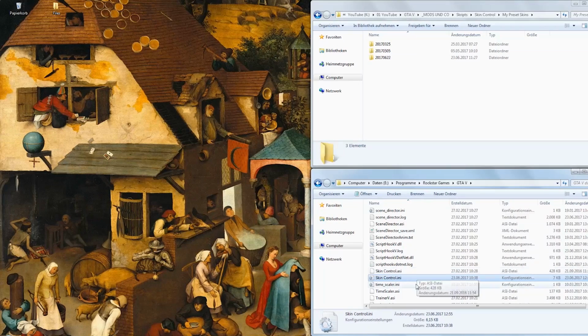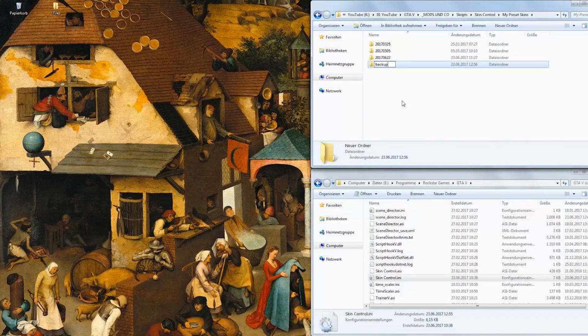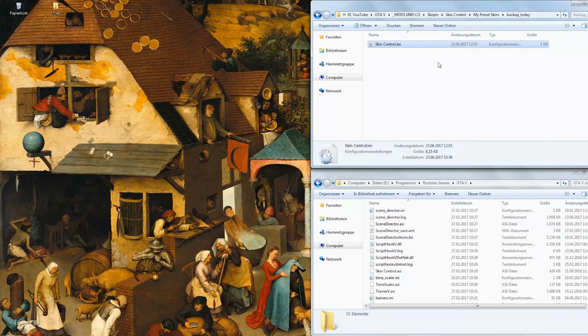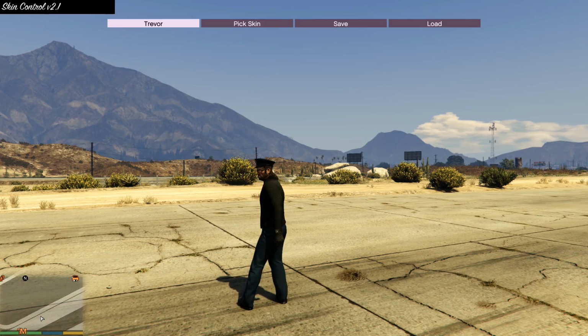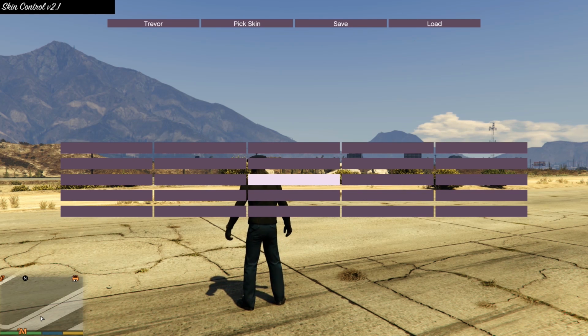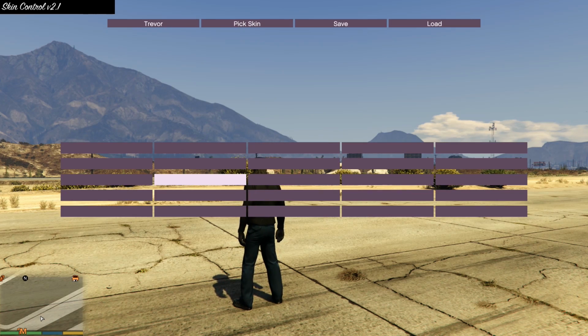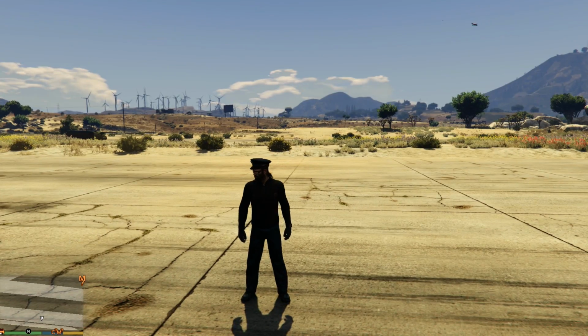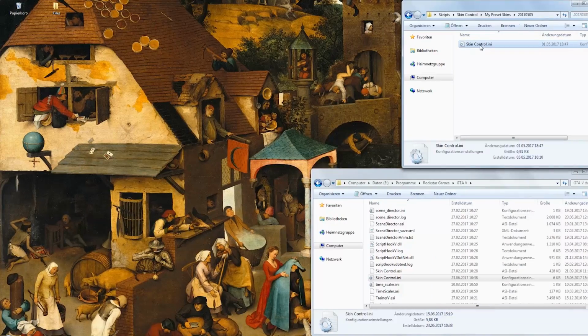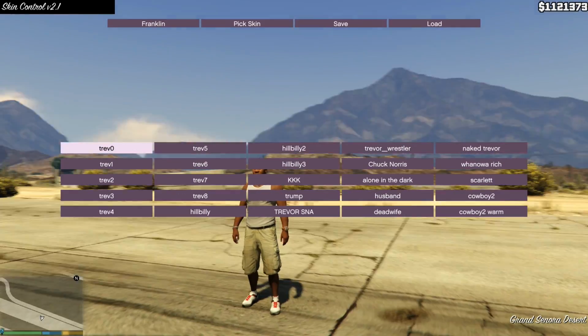Just go to the main game directory again and find the file skin control.ini, which I talked about at the beginning. Just copy this file to another directory as some sort of backup. Now you can delete the old ini file in the game directory and start with a fresh 25 slots. It's also practical because if you want to collaborate with a friend, you can just send him the ini file so he or she can import your created characters with no hassle. You can even switch to desktop and exchange the files while the game is still running. Virtually, that gives you infinite slots to work with.